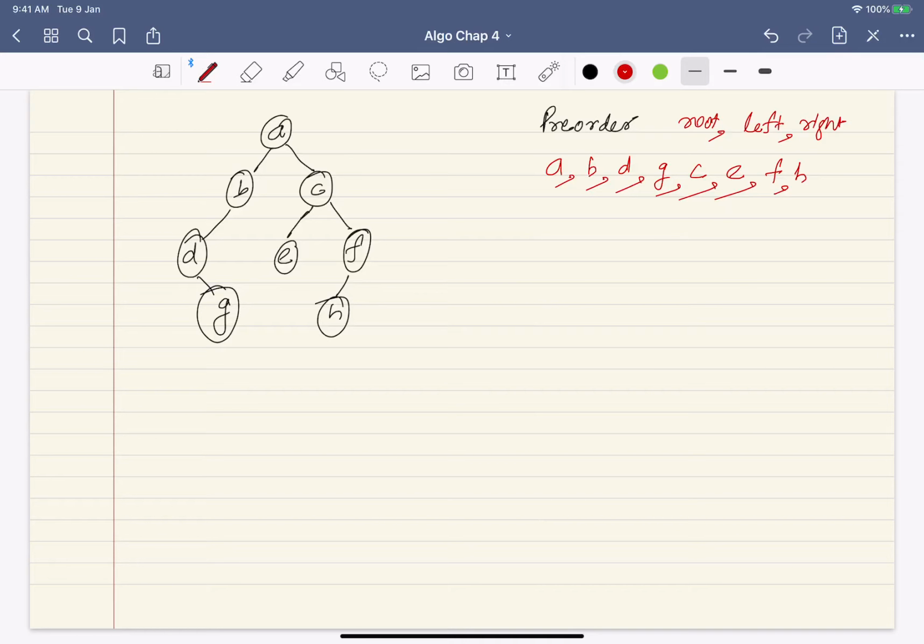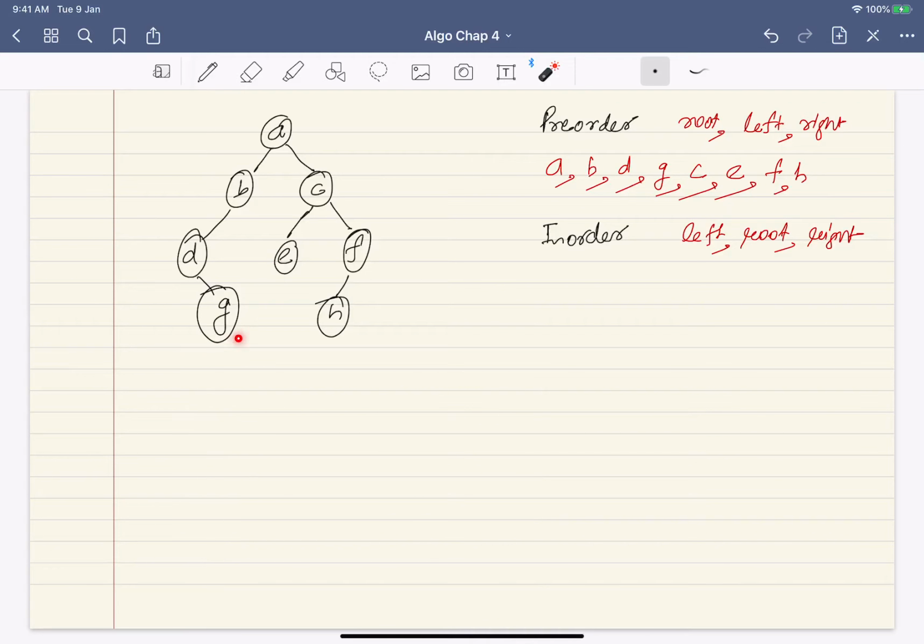So looks easy. Now let's go to in-order traversal. What is in order? So you have to do the left first, then root, and then right. So now let's try this. Okay. So let me try it here. So I have this tree. I have to go to the left first. So I can't print A like I did in the pre-order. Pre-order, the first thing I printed was A. So I have to go to the left subtree and print this.